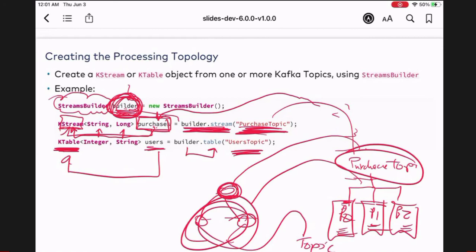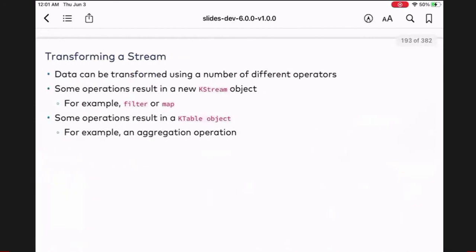So it's really simple to see it this way, how to create a table and a stream, and then also to transform the data. So transforming the stream, data can be transformed using a number of different operators, right? We have map, flat map, filter, a lot of stuff. And then some operations result in a KTable, for example, an aggregation operation. There's a lot of things. You can go from stream to table, and there's a lot of intermediate types when you're working with streams and